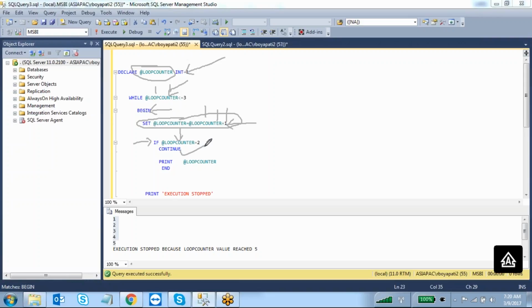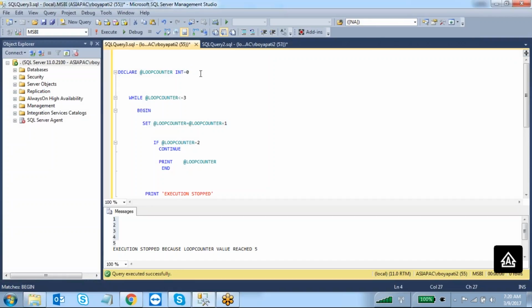Otherwise it doesn't continue. For example, here if I am taking 0, what will happen? The 0 will come over here. 0 is less than or equal to 3. Yes, the condition is satisfied, and it will start the execution and assign the value over here. What value? 0 plus 1. The value is 1. So if 1 equal to 1,